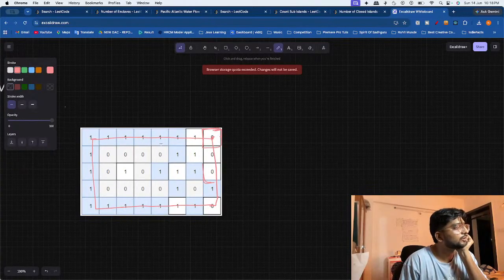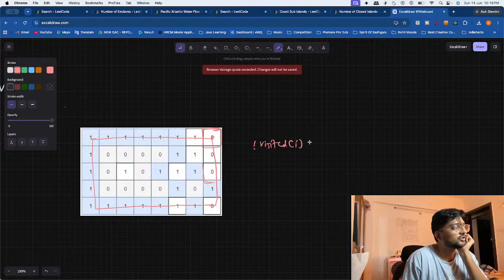We'll run a loop for this, and then a for loop for this. We'll mark all these as visited. Okay, this step is done. Then we start from inside, only from those which are not visited. So visited of i, j is false, and grid